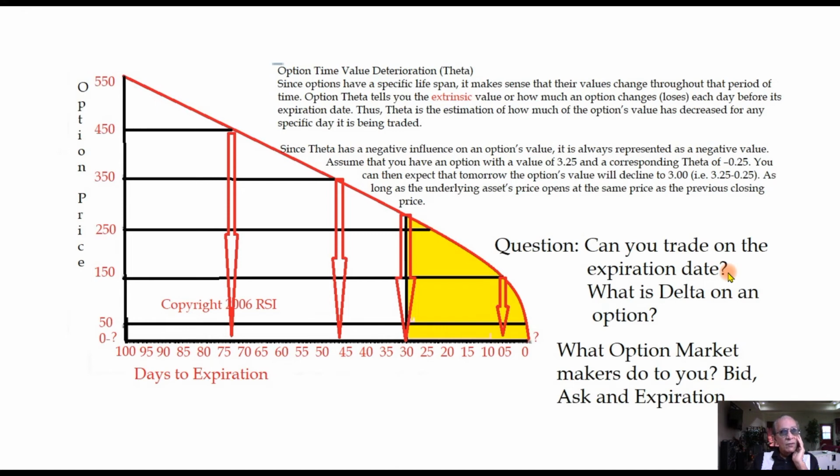Then we also have what is called delta in the option. What is a delta on the option? You know what option market makers do to you? Well, we already explained that. The option market maker inflates the price by increasing the volatility so he can charge you more. And when you buy at the ask price and you sell on the bid price,